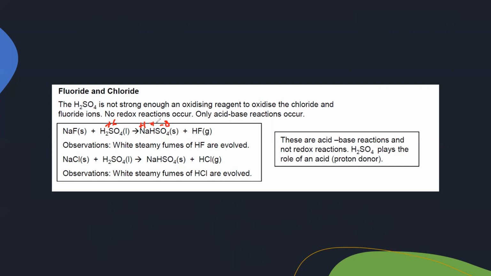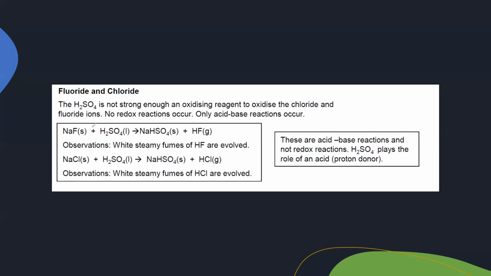Hydrogen is +1, so sulfur should be +6 because the overall compound is neutral. So before it is +6 and after also +6, so there is no change in oxidation number of sulfur. That is why we don't say this is a redox reaction. We only say it is an acid-base reaction in which sulfuric acid, H2SO4, is donating a proton. Acids are proton donors, and